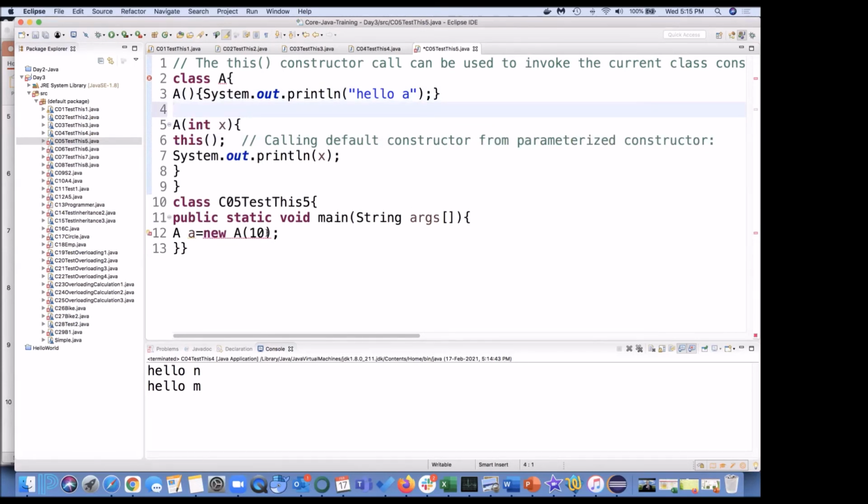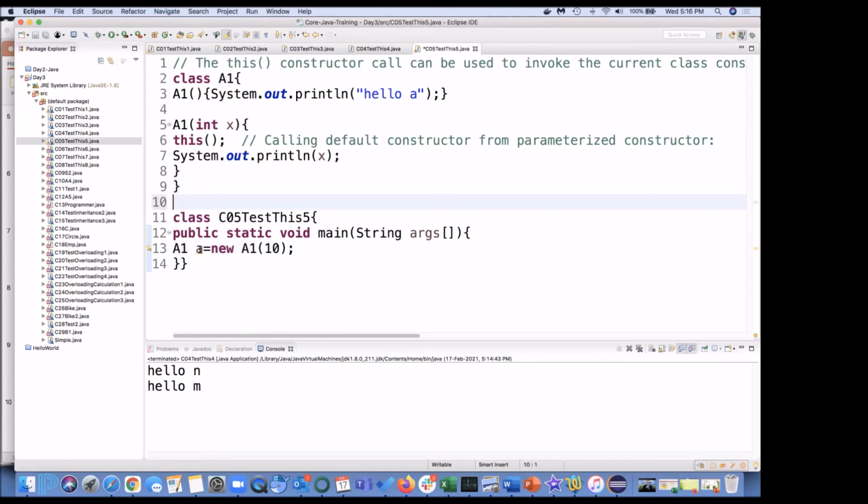Whenever I am going to create an object, something like A a = new A() without passing any parameter, it will be the default constructor. Okay, let us change the name to A1. Here you are getting a warning because it is saying, boss, you have this main method, you created this object, but you have not used it. You should use it.